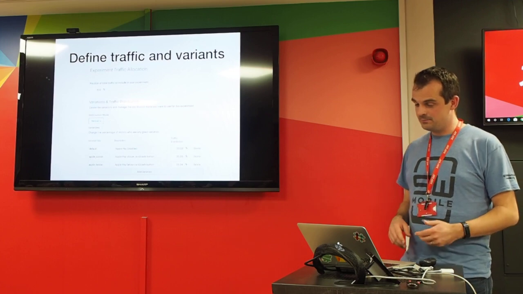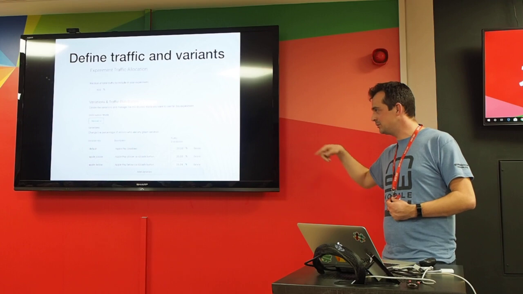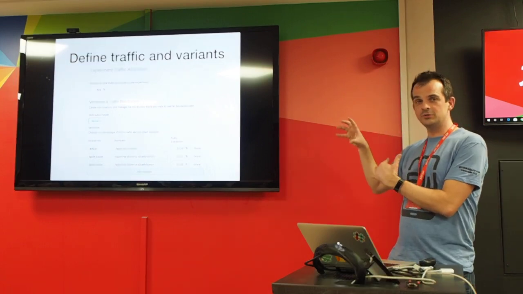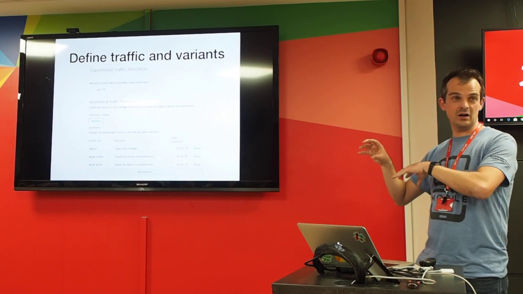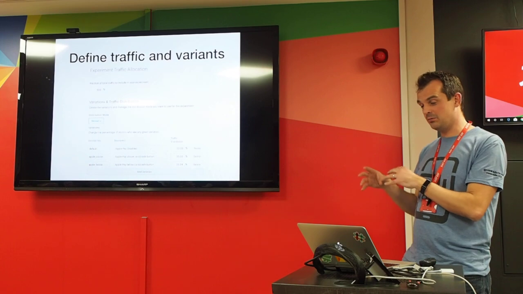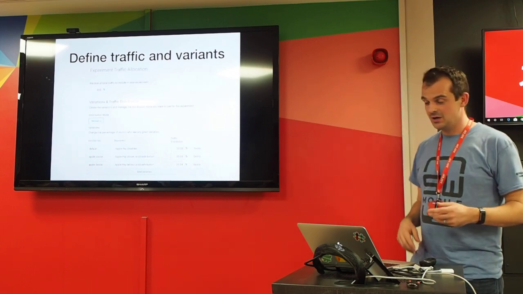So in this case, you might have three variants where you've got Apple Pay disabled. You might have Apple Pay as a sort of primary call to action, so above your existing card cash payment options, or you might put it below, and depending on how that is arranged on your screen, you might get different results.